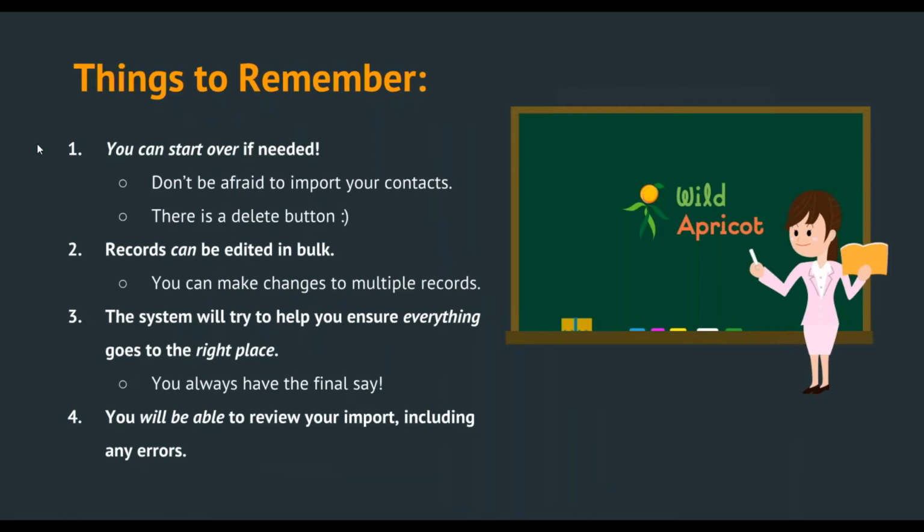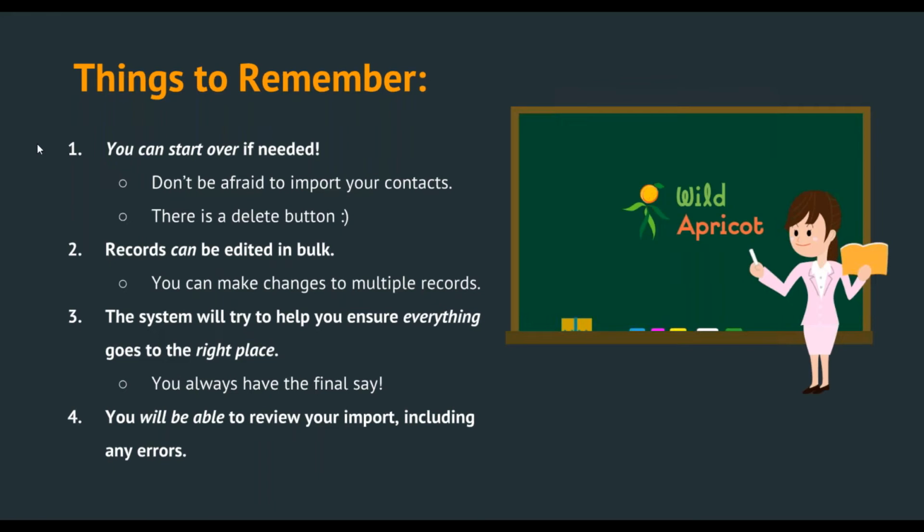And down the line, especially those of you who are on existing accounts and you're new admins, you can edit records in bulk. It's kind of the same method as bringing in new information altogether. You're basically working with a spreadsheet, making your changes there, and then importing it into Wild Apricot. But of course, Wild Apricot will take things and it will override changes if you want it to.